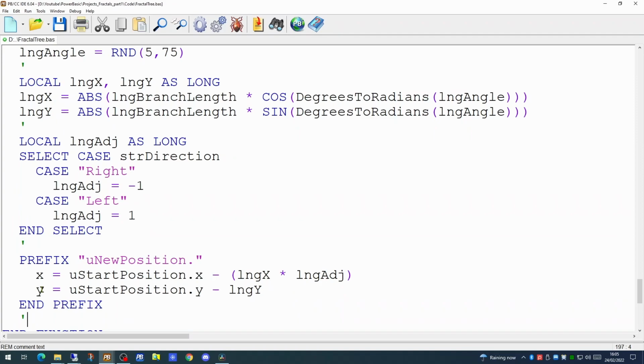And we can populate in our user-defined type the new position by taking the starting position and subtracting the long x multiplied by our adjustment and subtracting the long y. So if the direction is set for right, we would then move to the right hand side. If it's left, then we will move to the left hand side. So let's try running that code now and see what we get.